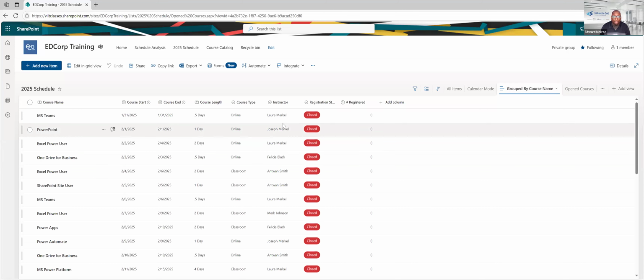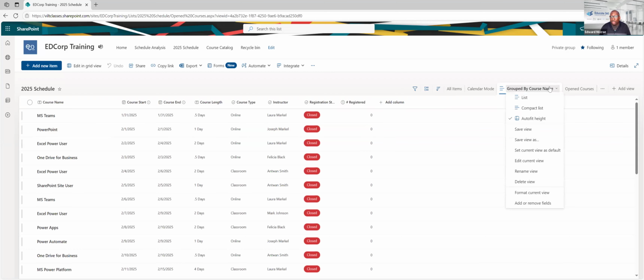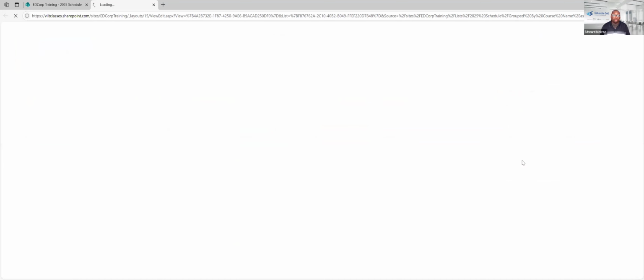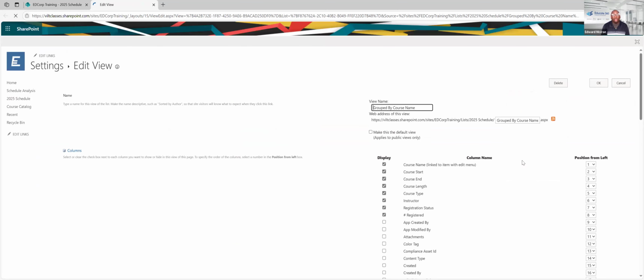But initially, I don't see, it's going to just be a raw listing of things. And so what I need to do now, since this is just a regular list view, is go in and edit this view however it is that I want it to be edited. So to do that, I'm going to click on the view here in this tab in the upper right. I'm going to come down here and choose Edit Current View. And this is going to take me into my classic view settings area where I will be able to do